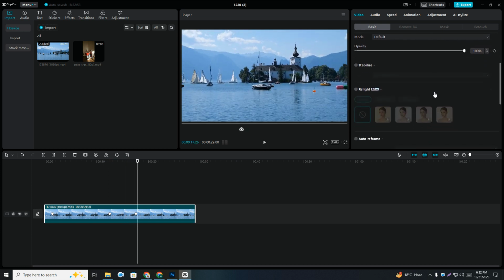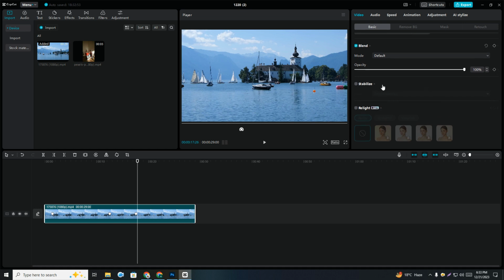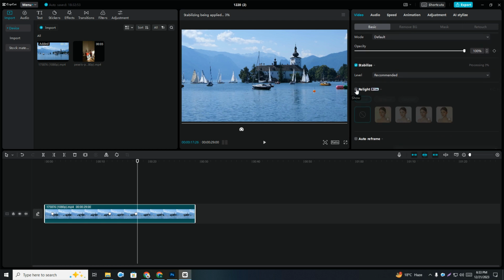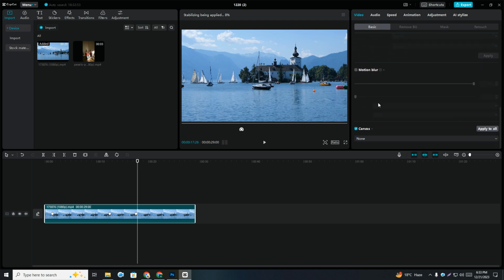If you want to, you can blend, you can stabilize, you can delay it. So there are many blur options. This is